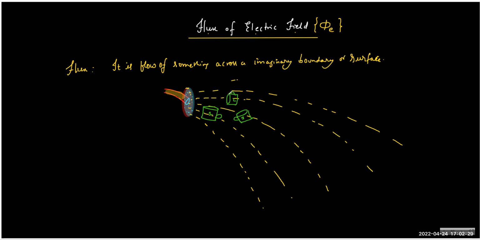You can see the open surface, the entry point. You can imagine this is a surface, and you can think of the water flow as the electric field. You can see the electric field is normal to the surface, isn't it? But here, the electric field is not normal to the surface. In fact, here the field is parallel to the surface. So when the field is parallel to the surface, are we getting any flux through it? No, sir.